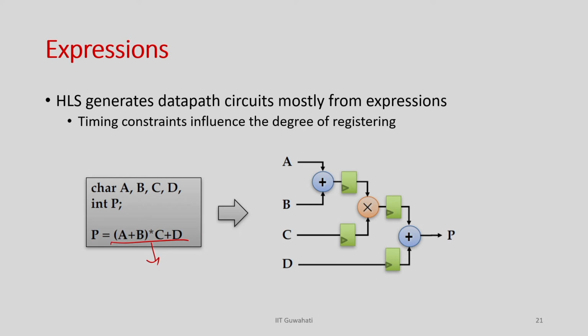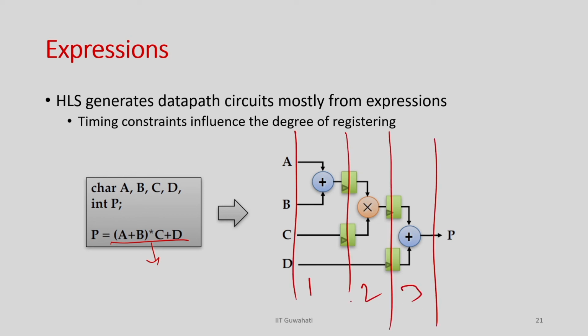So, here is the example that you have. This is my clock 1, this is my clock 2 and this is clock 3. So, this operation is going to execute in 3 clocks and the intermediate data will be stored in registers. Okay. This is a pipeline implementation, but you can have different implementations for that. So, the expression gets into a function unit, and how much time it will take to execute an expression depends on the target clock and the resource availability.